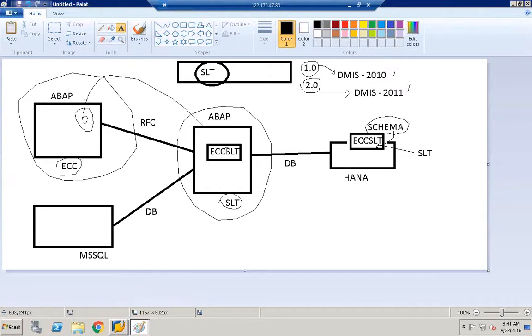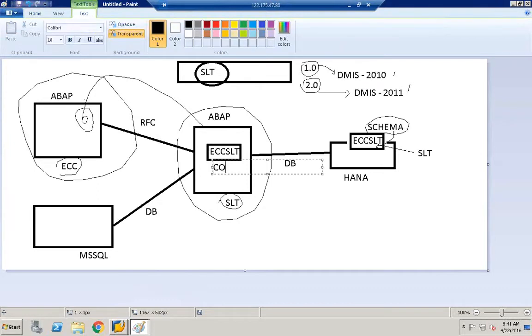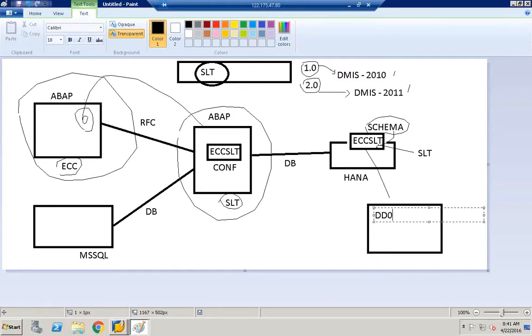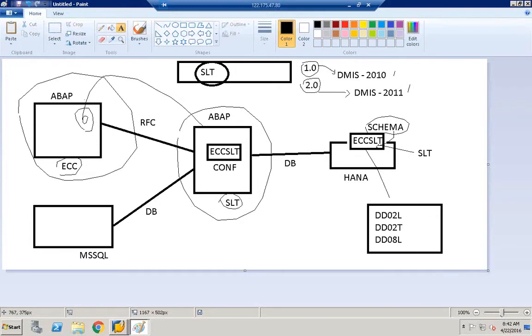So if the configuration that we created is successful, a schema is created, and automatically the system will start replicating a few tables: DD02L, DD02T, DD08L. So all these three tables, the system will start replicating to HANA